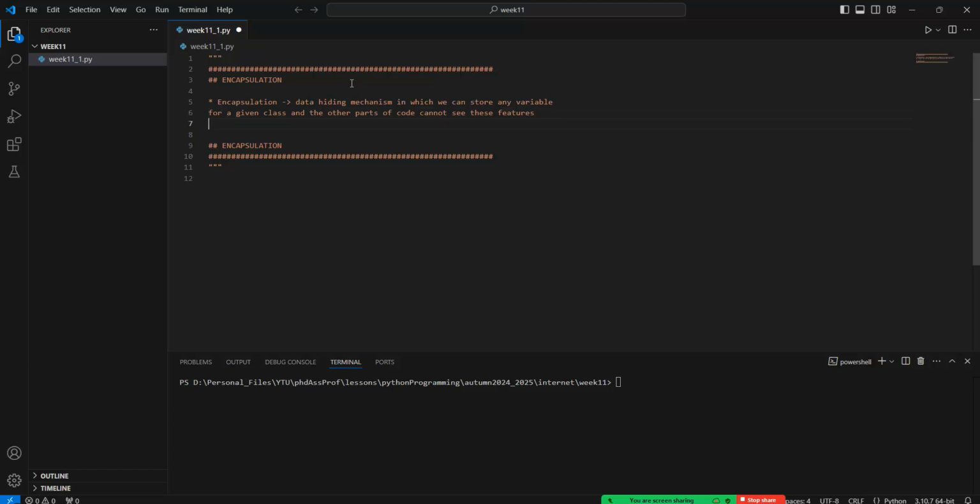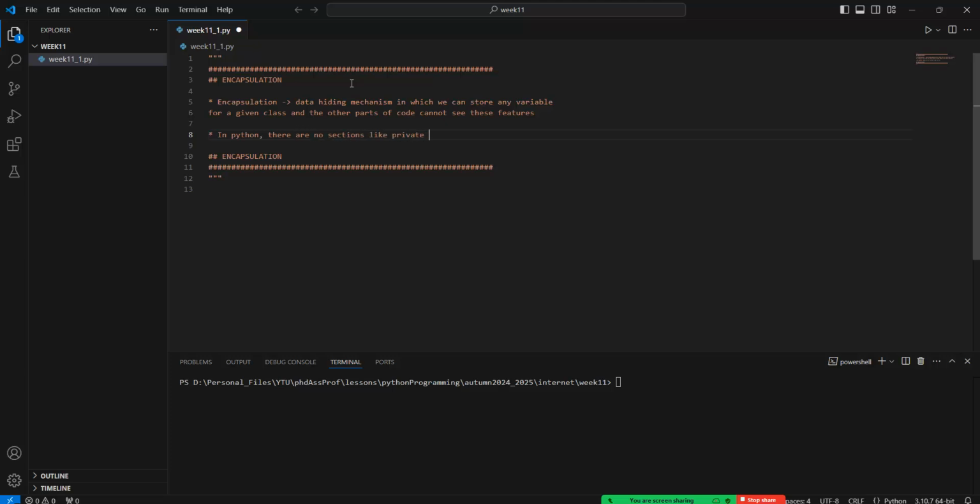Okay, which means that if you want to hide any system or any mechanism, then we need to use this encapsulation method. In Python, there are no sections